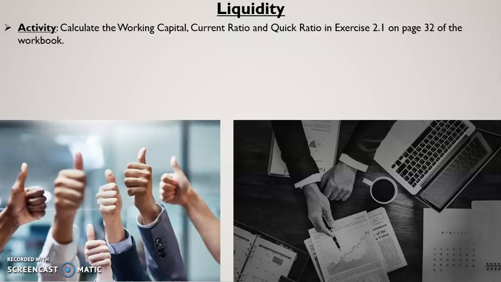Your task is to complete the first 3 calculations of question 1, that being working out working capital, current ratio, and quick ratio. So if you can access 2.1 on page 32 and complete those calculations for part 1 only. We will look to complete the rest of 2.1 in tomorrow's lesson once we've introduced the debt to equity